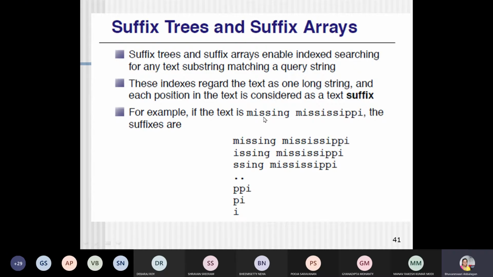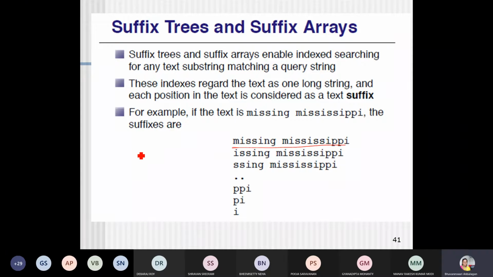In the suffix tree, given a sequence of text data, we will be creating the suffixes for the text. So how to create the suffixes for a text?